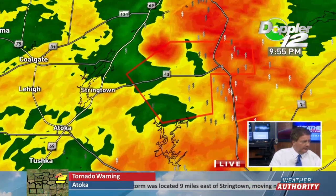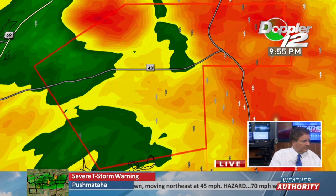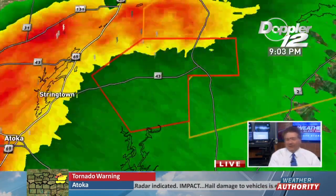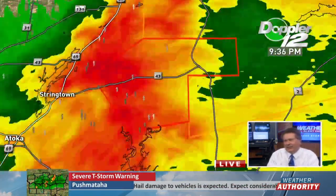We are down to the last little sliver of Atoka County here under this warning. Again, if y'all see something, please let us know. Facebook is a great place to do that. You can even send us an email, news12@kxii.com. We still read emails around here. And let us know what's going on. Or even our hotline,